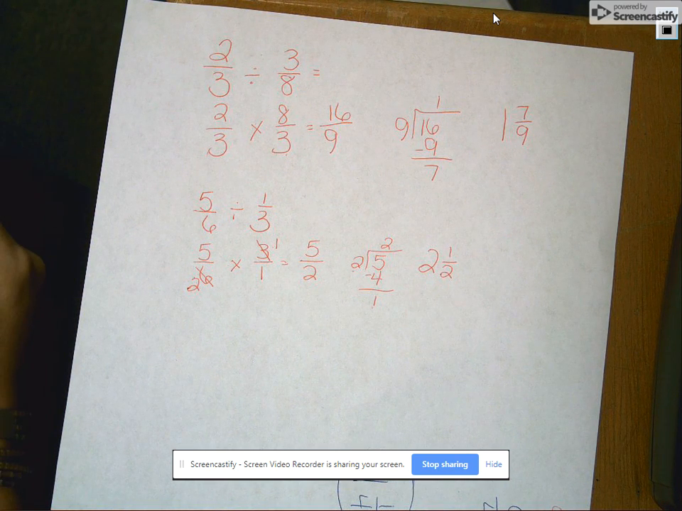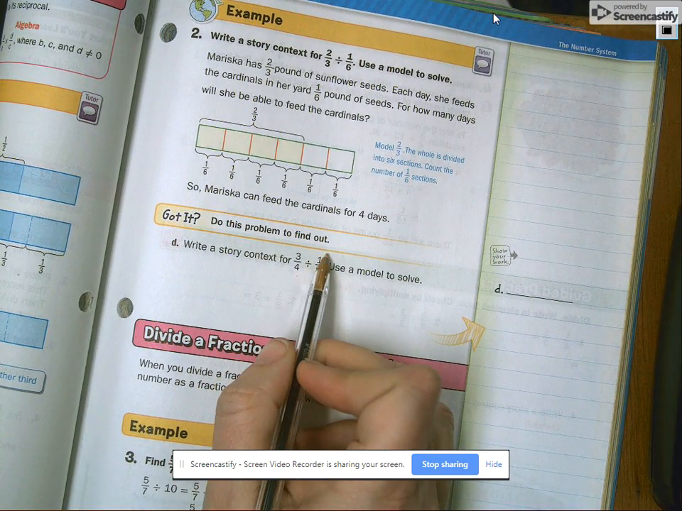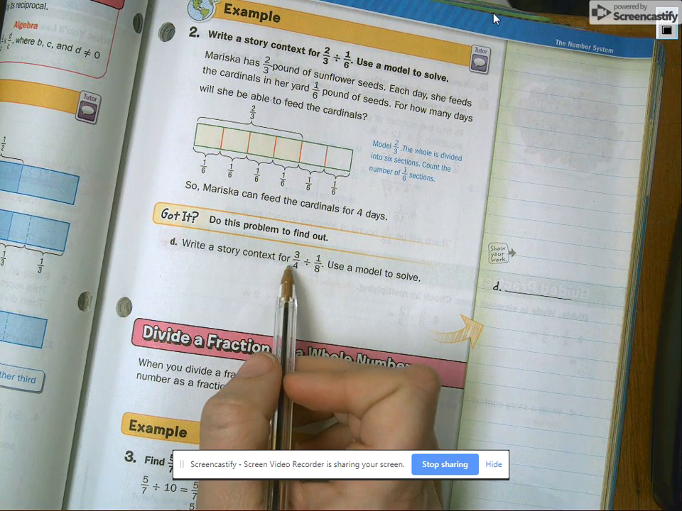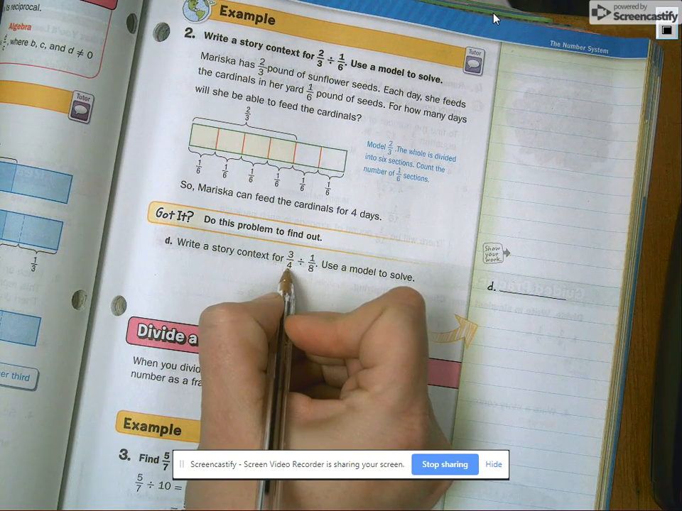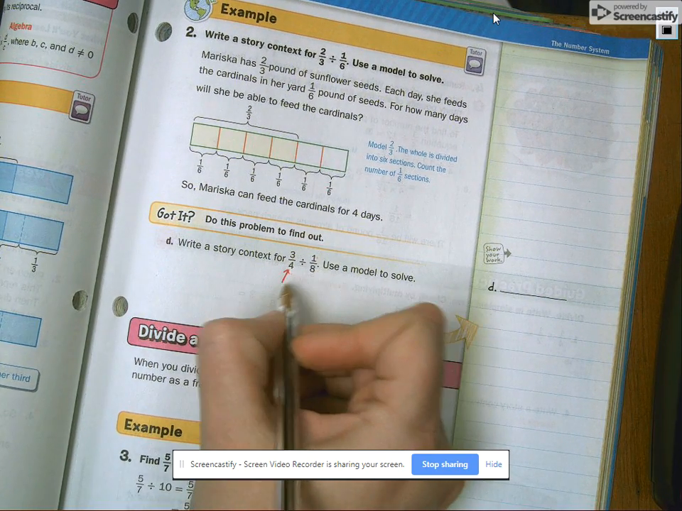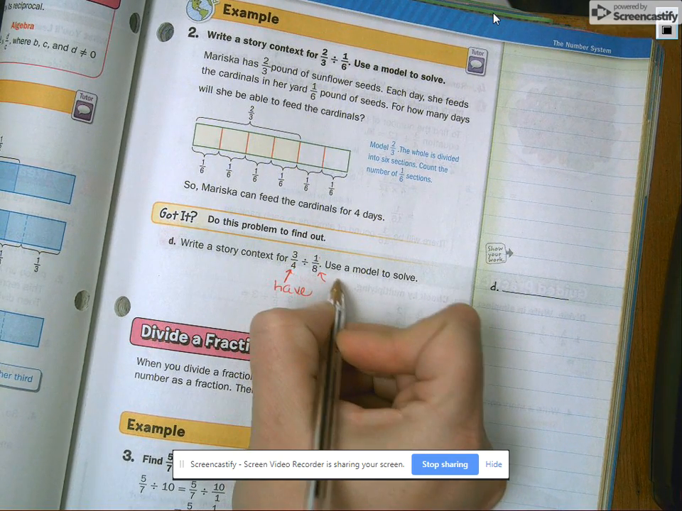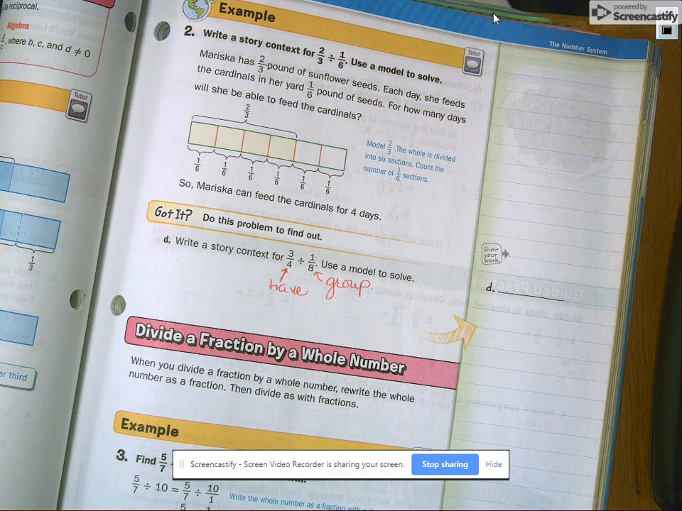All right, let's look at the back. When I'm looking at D, it says to write a story context for 3/4 divided by 1/8. The thing that you need to remember when I have a division of fractions, or of anything, is that the first number is what I have. The second part is the group. So when you're making a math problem or story context,